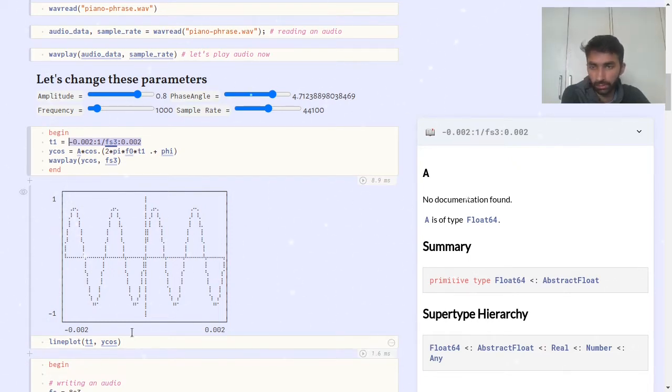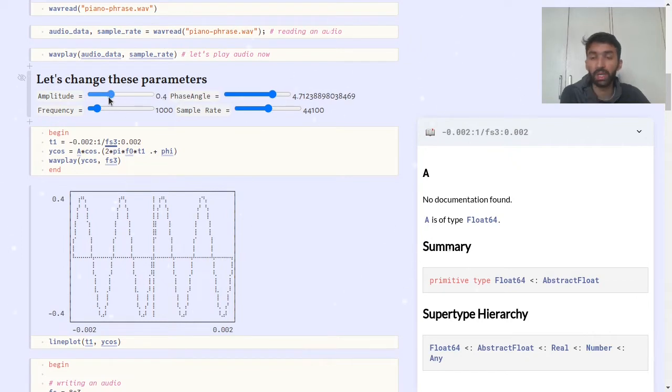plot that graph. So what this does is, when I change these values, these parameters are affected and this plot is affected. When I change the amplitude, you will see that it changes the pitch, the maximum value a sine wave will have.